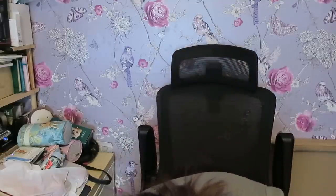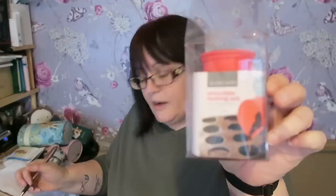Sometimes I collect up many pairs of stockings and hold-ups and do a whole bundle listing, but I'll probably put those on together. A Lakeland chocolate melting pot. I always do pick up Lakeland stuff if I see it because the Lakeland stuff is so expensive in store. This is a microwave chocolate melting pot, so you pop your chocolate in the top, it goes in the microwave, it stops it scorching, and then it's got a little pouring lid for pouring it out over your creations,